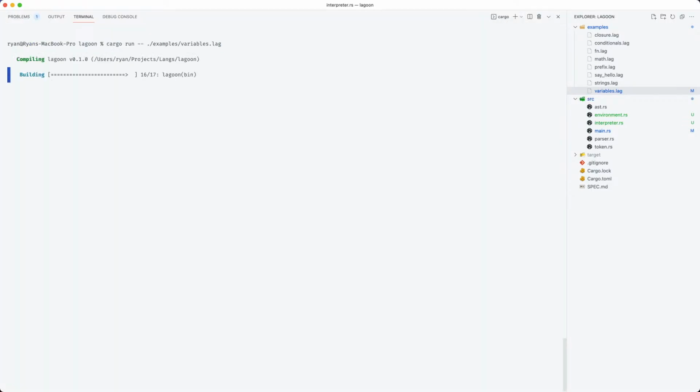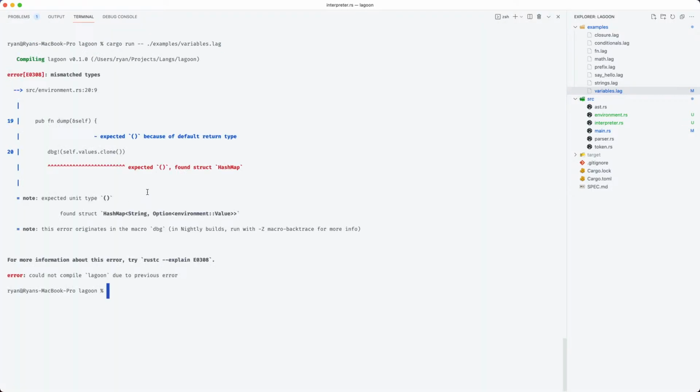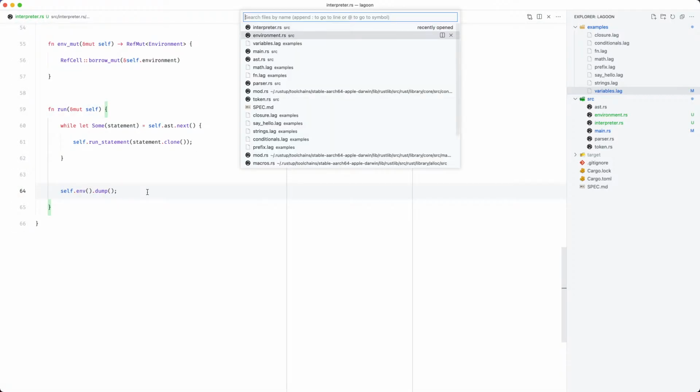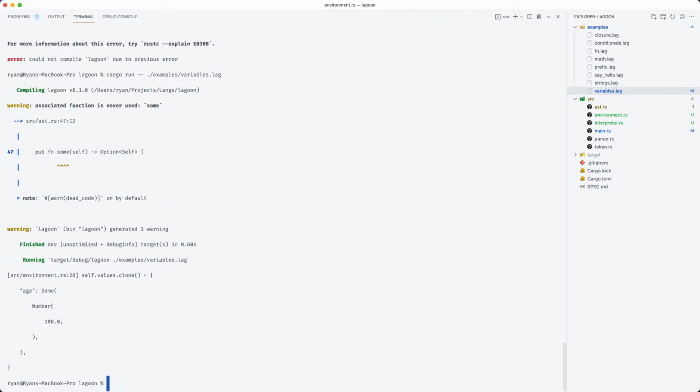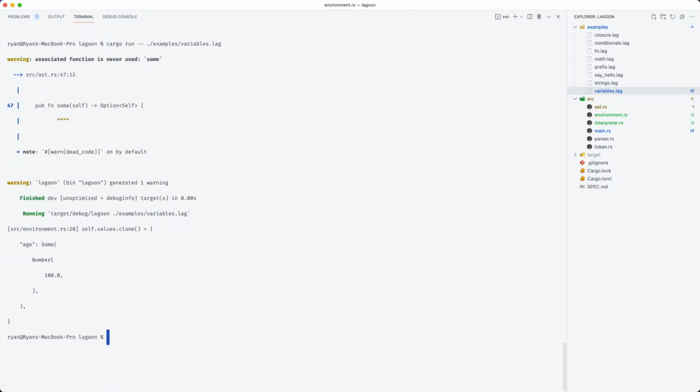And now if we run, we have a problem. Semicolon. And if we dump, we can see our age variable has been stored and it has some value which corresponds to a number, which is perfect, really.